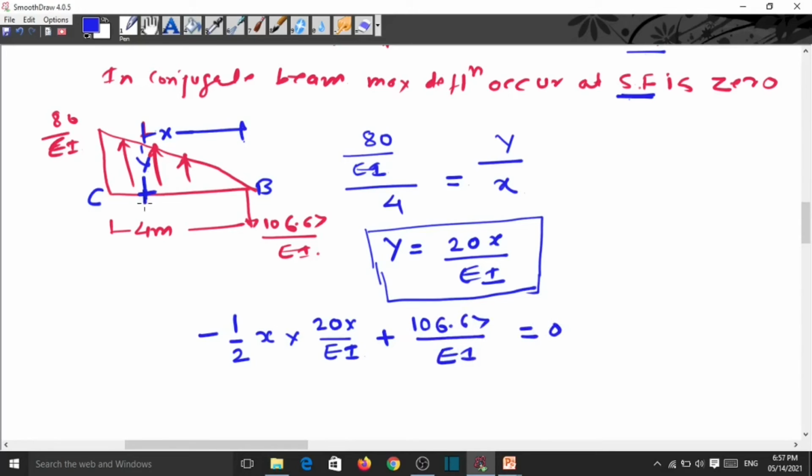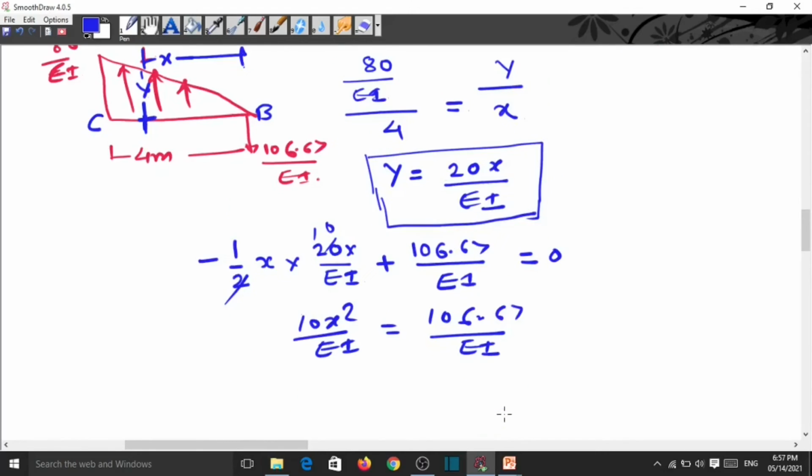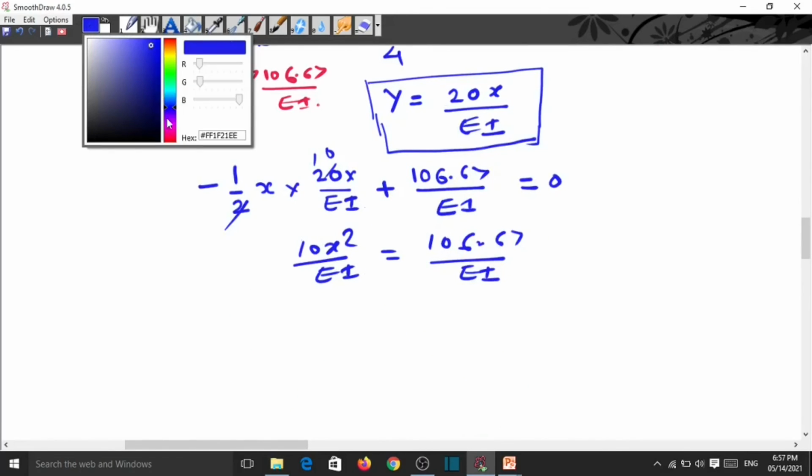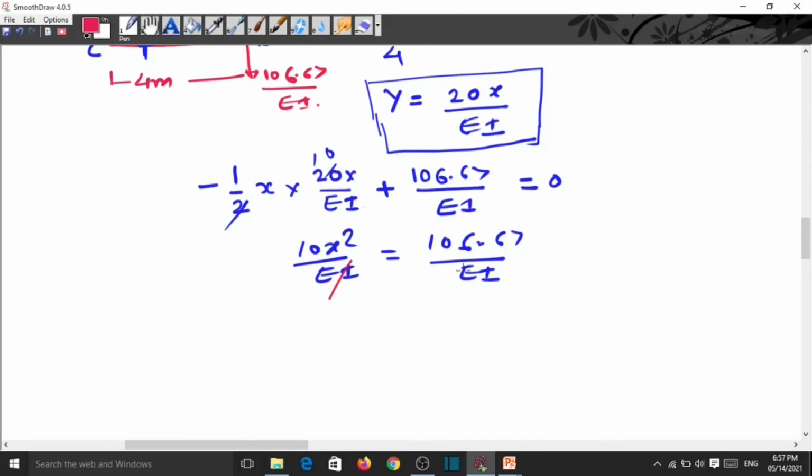This is the shear force at any distance x from the right side. So 10x square by EI is equal to 106.67 divided by EI. This EI cancels out, so x is equal to